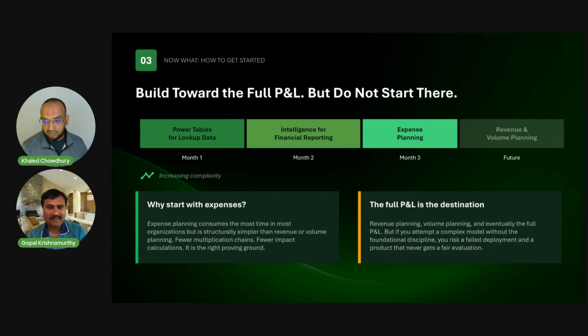So you start with Power Table, you get used to the writing back to Fabric SQL, you get into a lot of that. And then month 1, I also recommend do Power Table, graduate gradually. The main thing is the beauty of Microsoft's pricing, hopefully it will be announced, shared the billing meters. All of it is included, basically.